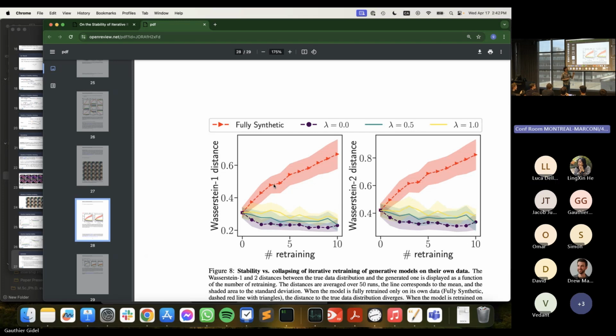But this is a mixture of Gaussians here, so you can resample. We allowed ourselves to resample the mixture of Gaussians. We have seen more data. And do you warm start from the previous parameter? Yes, we always warm start from the previous parameter. So then you have seen more data.